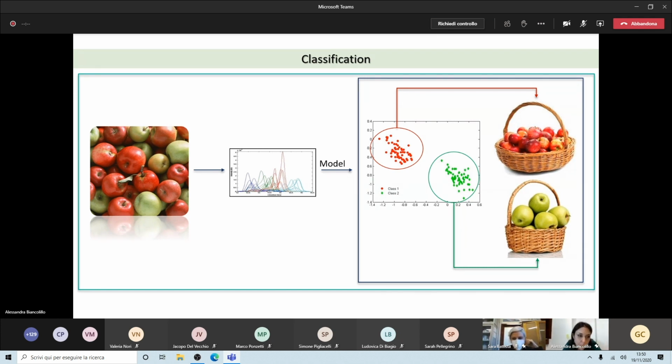So we will take these apples, we will analyze them, we will apply a classification method, and the method will tell us, okay, this sample is red, so it belongs to class red. On the other hand, for a green apple, the method will say, okay, this apple is green, so it will belong to class green.